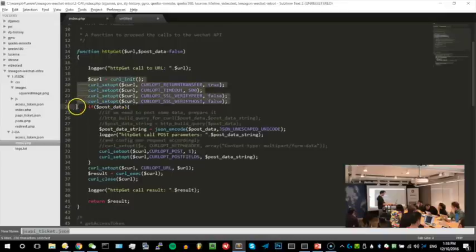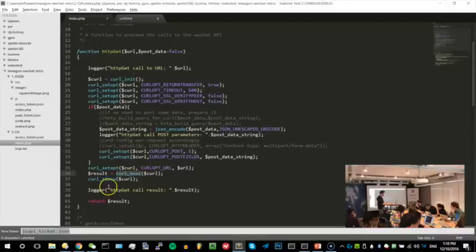So the same function with curl, and then if there is some post data, then I'm gonna encode it using JSON. That is a standard format to communicate data. I'm gonna use another function I'm gonna describe later, and then I'm gonna configure the curl call and put my data inside one of these parameters, and then I'm gonna execute it.